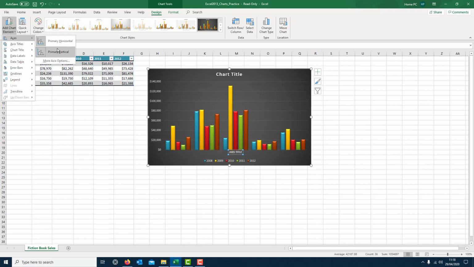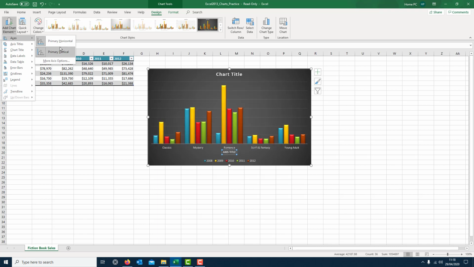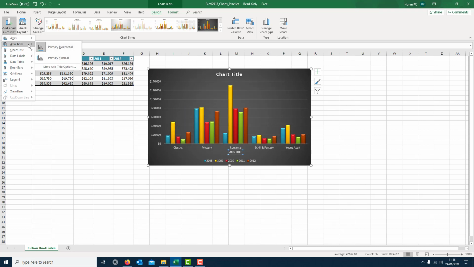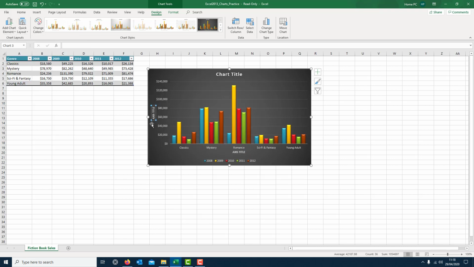Every single chart should have these on them, and let's do the axis title, let's do the vertical one. Now I can actually type these in, and that's what you want to do each time when you do a chart. You want to make sure it's got a chart title and the axis titles in there as well. So for instance, I'm going to put in amount sold in dollars